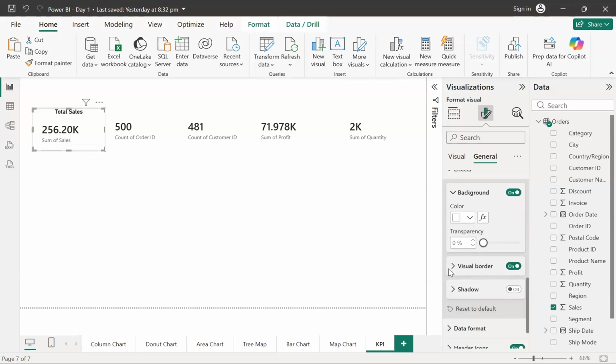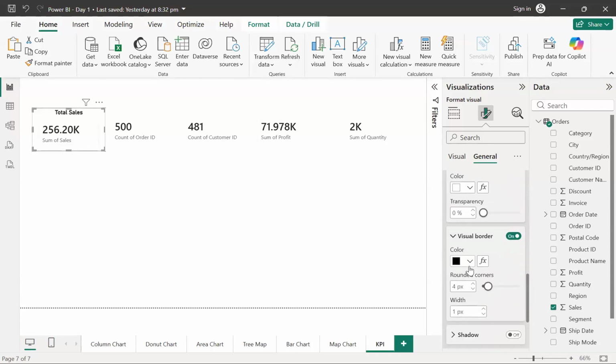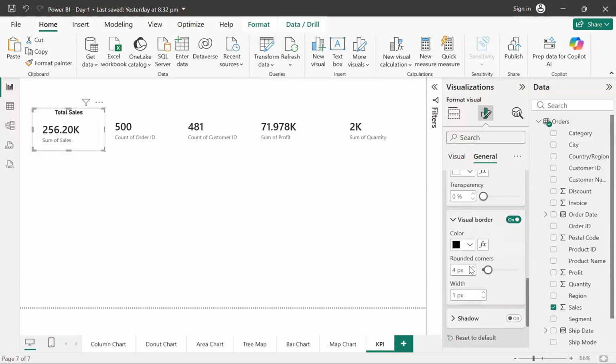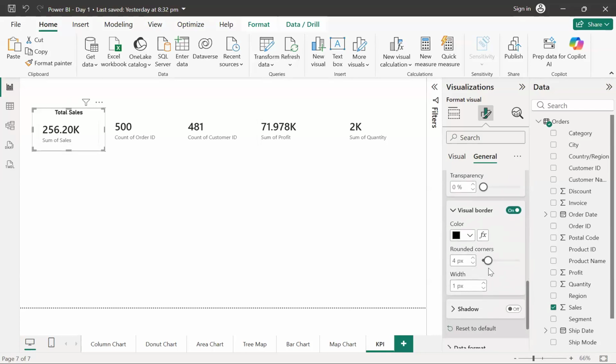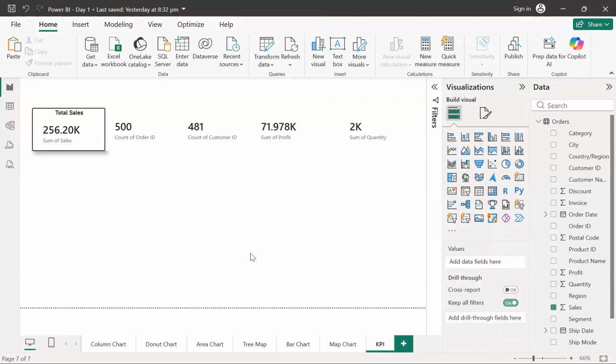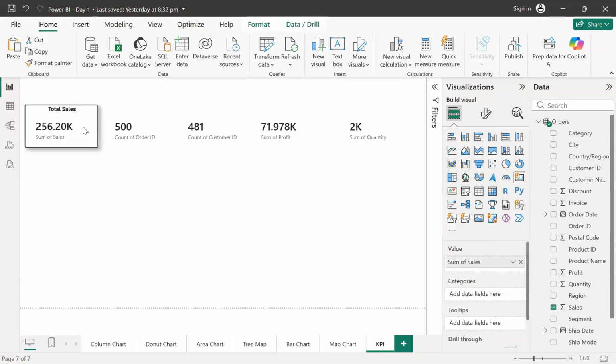I can add a border with black color itself, because there are 4 cards, so there should be a border through which we can understand that these are the different cards we have, and I can show it with a shadow. Okay, so now this looks different.